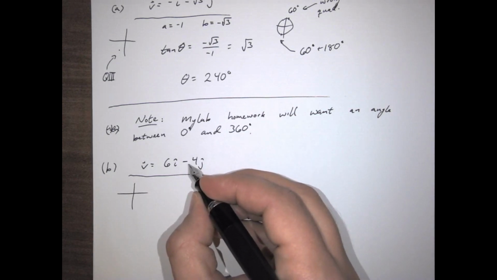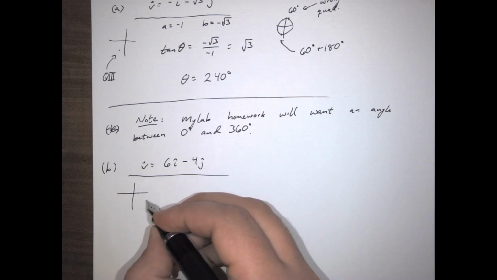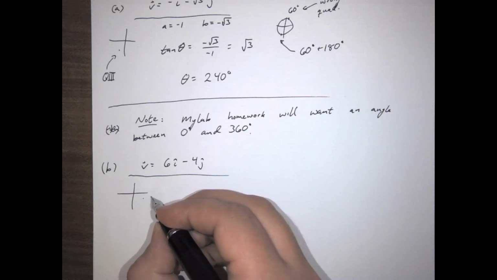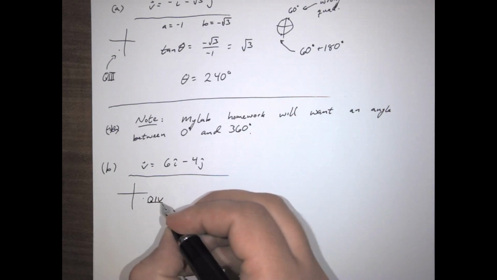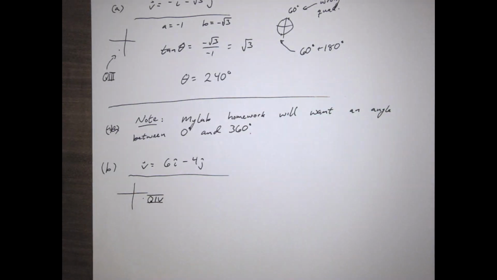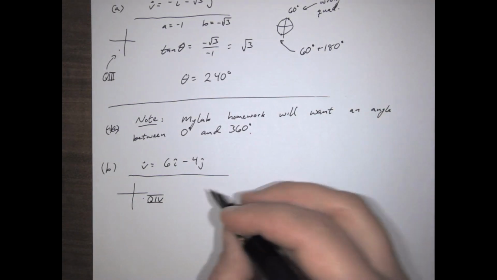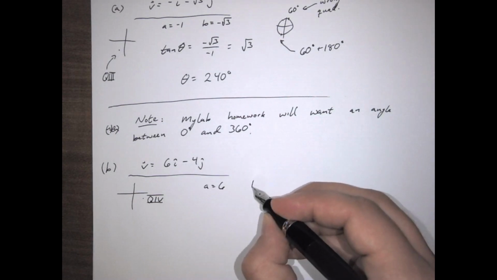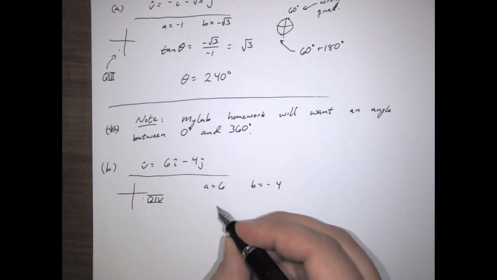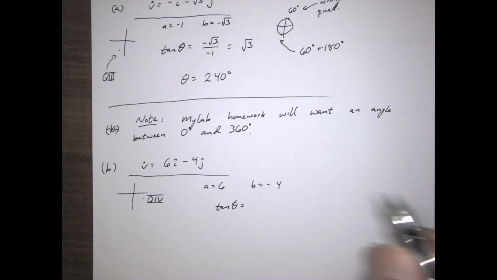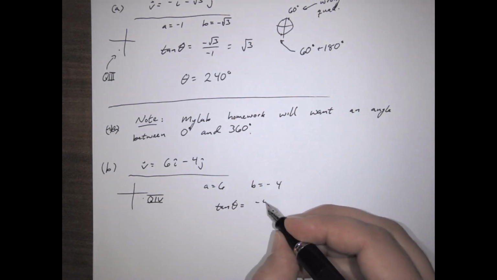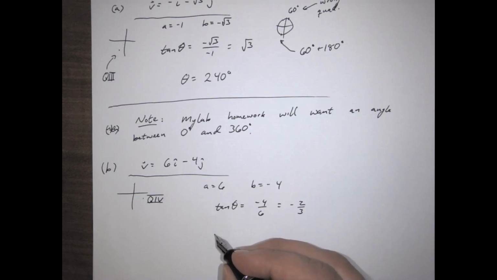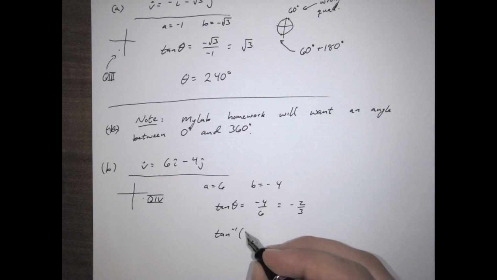Again, it's always a good idea to think about quadrants. It's going to be in quadrant 4, so positive x, negative y. So it's going to be over here. All right, so a equals 6, b equals -4. So the tangent of theta is going to equal -4 over 6, in other words, -2/3. So if I take the inverse tangent of that,